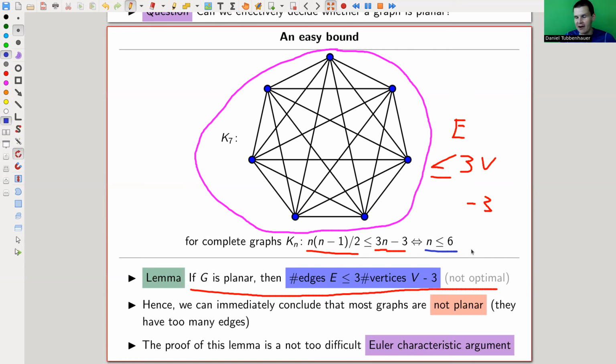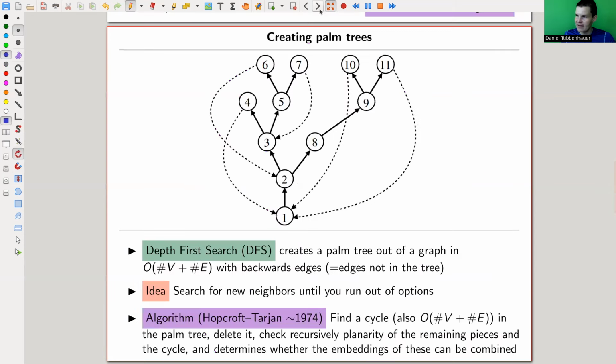And we will use that, obviously, if you want to do planarity testing. The first thing you do is you count the number of vertices, count the number of edges, and you can immediately say, no, it's not planar if there are too many edges. So that's already really good. And the next step, so, okay, let's say you end up in this gray area. So the bound is clearly not optimal. And let's say you end up in this gray area where you really don't know if it's now planar or